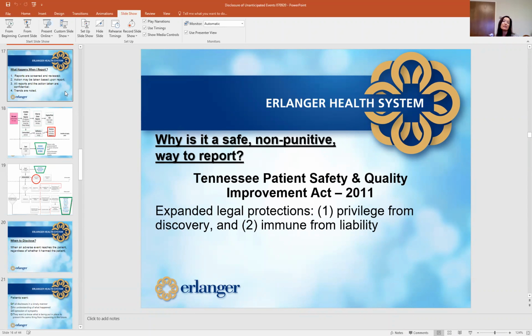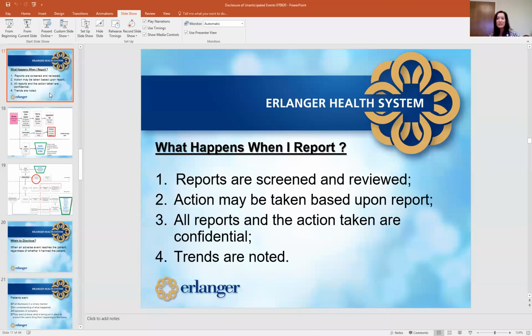So let's take a wrong site surgery. Physician puts in, hey, this happened today. I've had this call, by the way. Hey, this happened today, we put it into eSafe. We're going to look at it. We're going to look at the timeout procedure. Did that work as it was supposed to? Did the sponge counts work as they were supposed to? And you just go on down the line for everything that you could possibly look at to see, was there a breakdown in process, right?